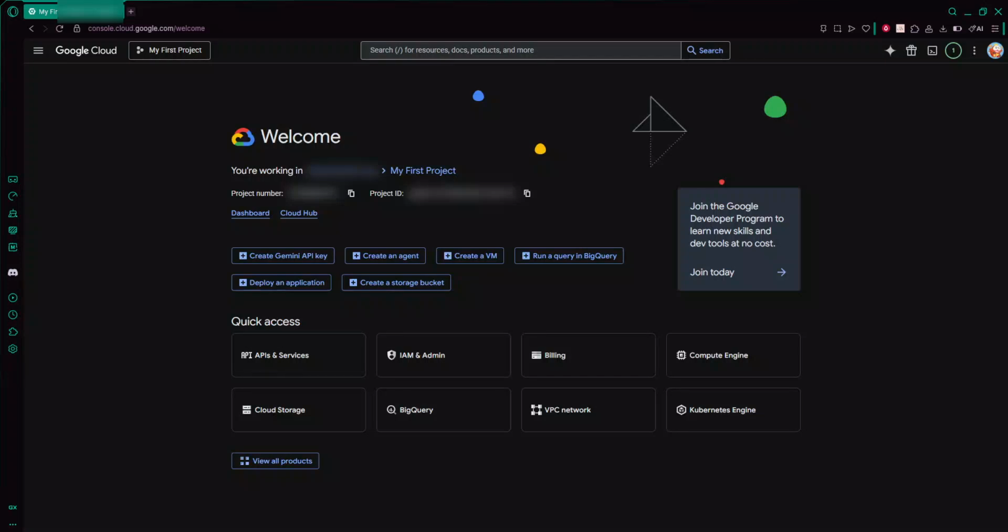In this video, I'll guide you through how to rename a Google Cloud project, whether you're organizing a growing list of projects or just want a clearer name that matches what you're actually building. Changing the project name is a simple but very useful task. We'll walk through it step by step, and I'll point out a few tips along the way so you understand